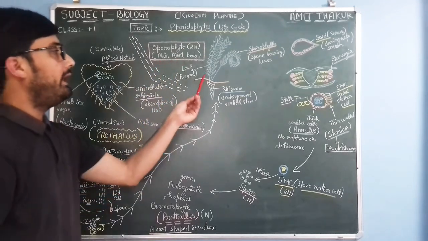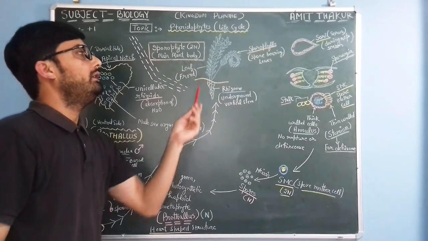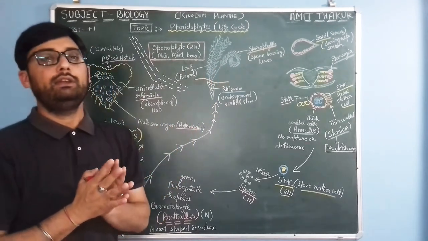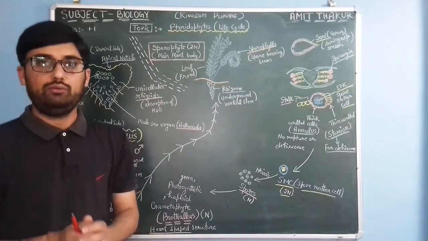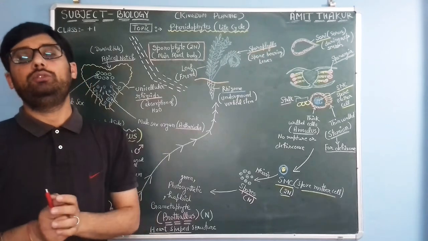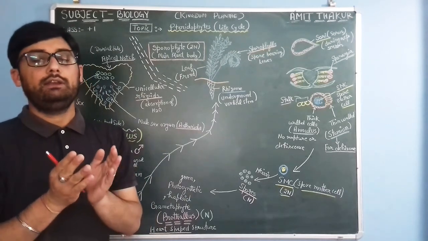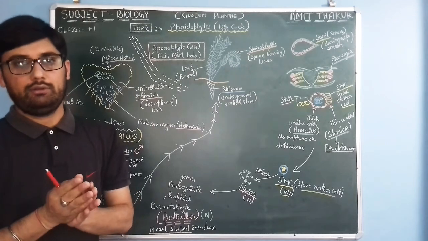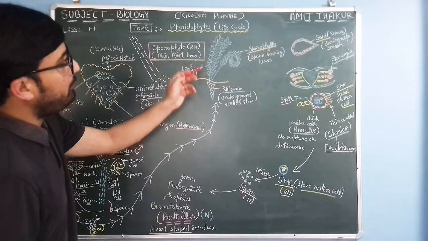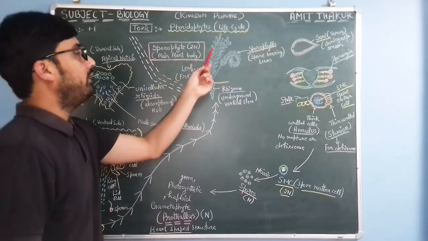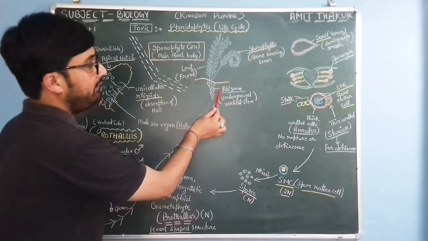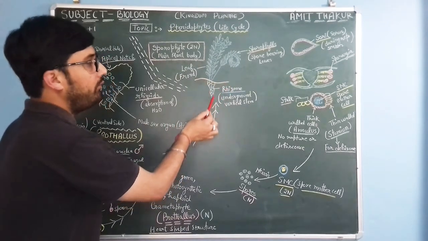Here you can see, and as we have told you, the plant body of pteridophytes is differentiated into leaves, rhizome and roots. Rhizome is an underground stem in pteridophytes. So this is the sporophytic or main plant body of pteridophytes. This is a soil layer. This is rhizome, which is an underground vertical stem,